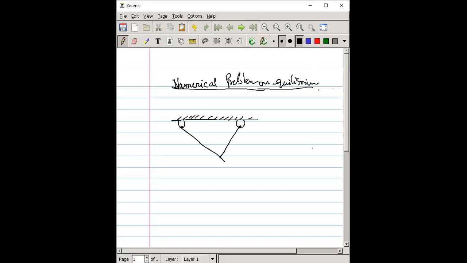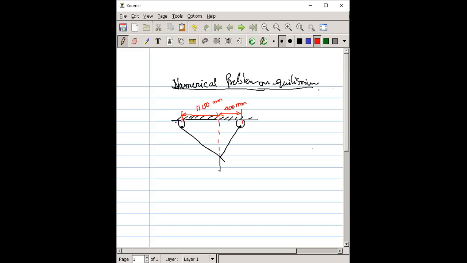in such a manner that this length, how much I can take, this length consider 1100. Okay, and consider this length 400 mm. Okay,